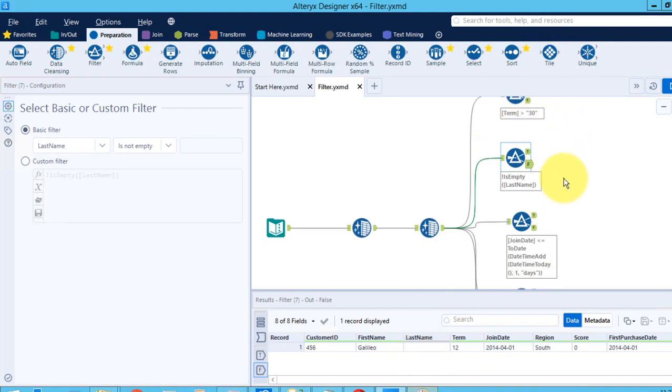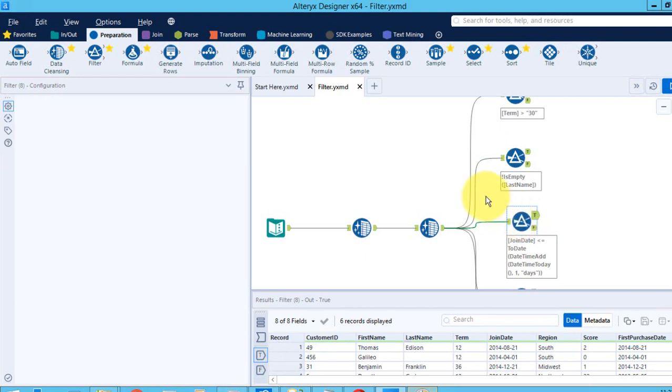Now let's have a look at the date function. We have seen integers, numbers and text. Now let's see how the filter reacts with dates. The same way, I have dragged and dropped the filter tool from the tool palette here, and then I am using this Join Date column. Join Date is less than or equal to.